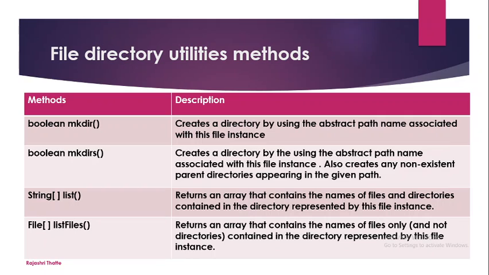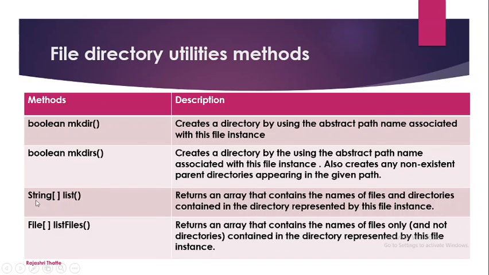So after that if I call f2.mkdirs, as a result I will get, under the bcs directory, it will first create the ty directory, then inside of ty it will create the 6sem directory. So this directory structure it will create. So the non-existent path associated with your object is created.